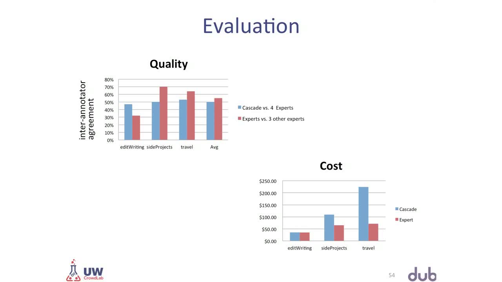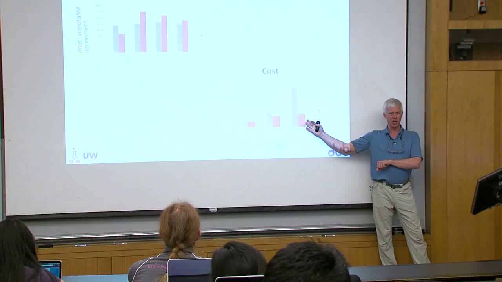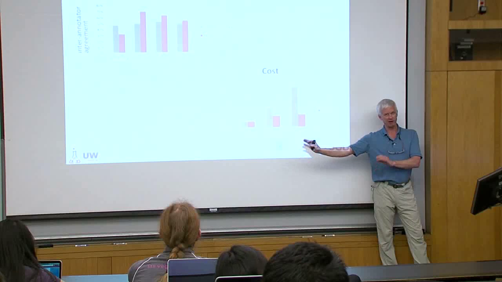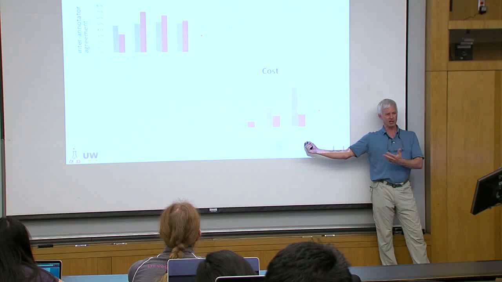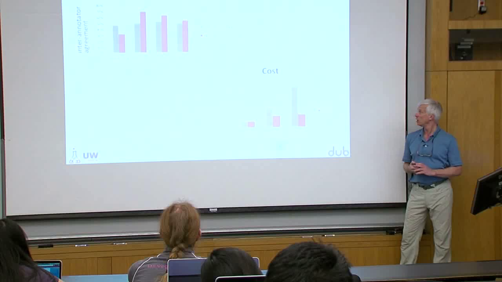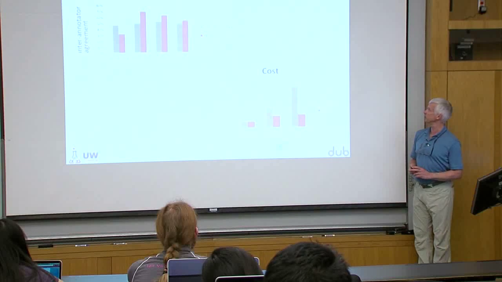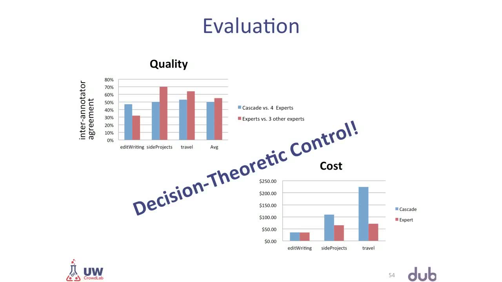On the other hand, the cost wasn't quite as good. In some of the bigger domains, Cascade costs a lot more money. Now, one thing about these taxonomies is oftentimes you can't get an expert to do it, and so just being able to send this out to the crowd and get it done, it's parallelizable, you get it done really quickly, even if maybe it costs more, is better if you can't get the expert to do it at all. But this was a little bit disappointing to Lydia. But it wasn't disappointing to us because we're AI people.